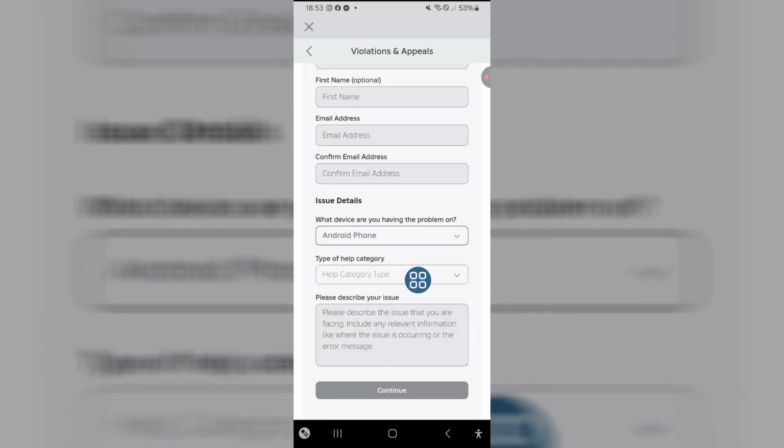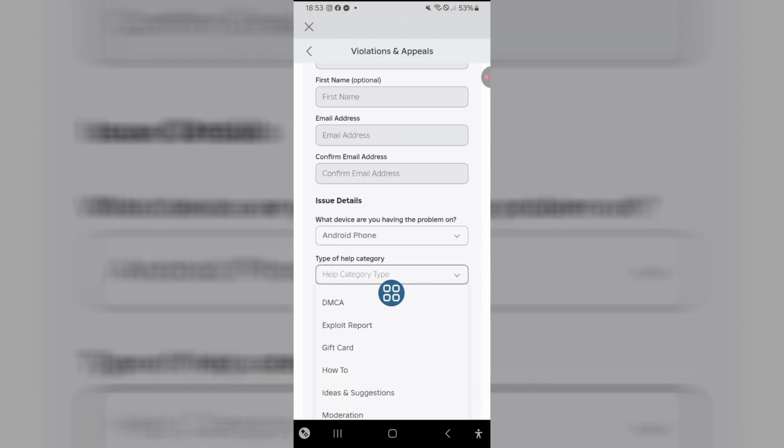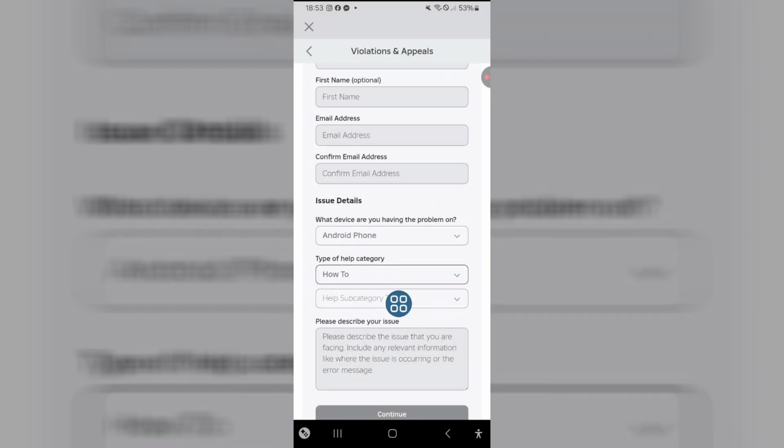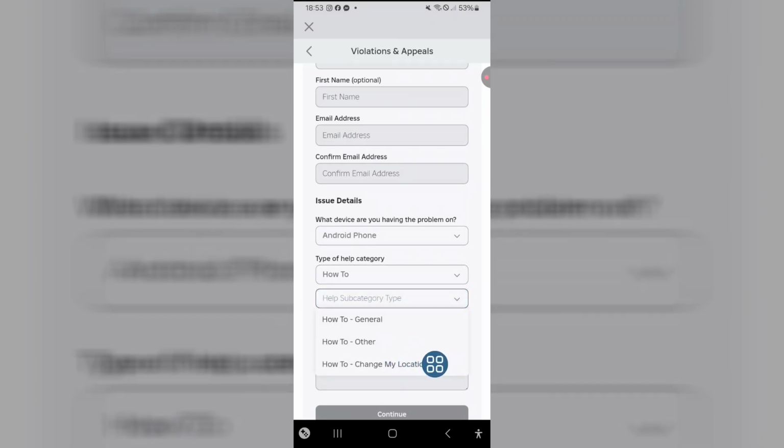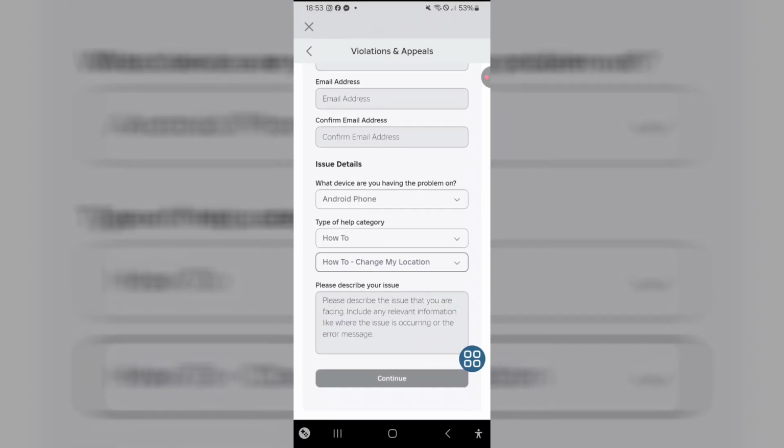And then tap on help category type. Scroll down. Just tap on how to. And then tap on help subcategory type. Then tap on how to change my location. And then